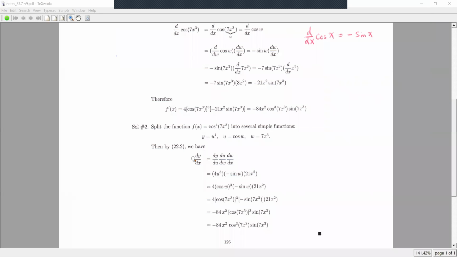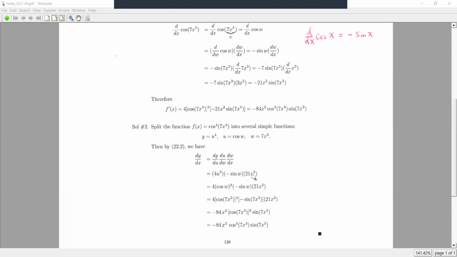Now, by the chain rule, dy/dx, the derivative of y with respect to x, is equal to dy/du, the derivative of this function, which is 4u to the third, times du/dw, the derivative of this function, which is negative sine of w, times dw/dx, the derivative of this function. It is